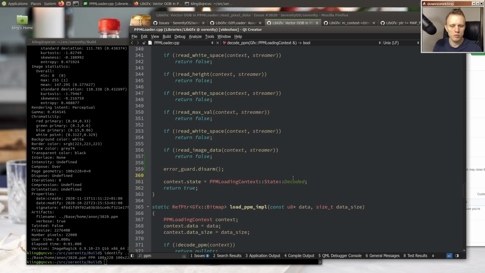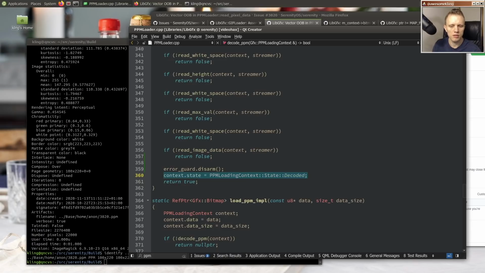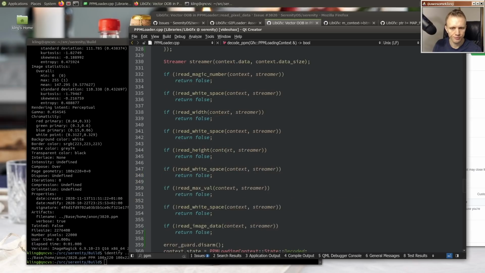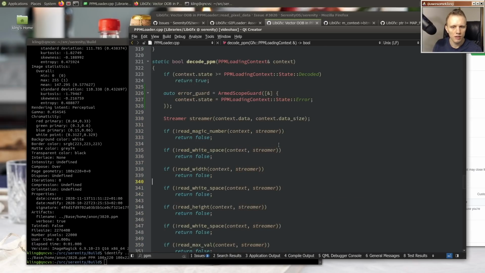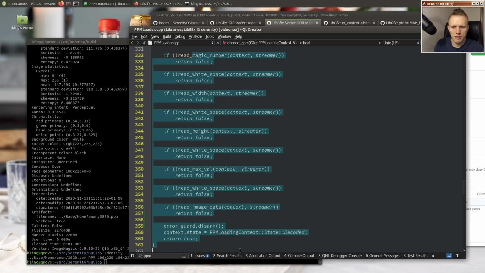Yeah, because then we'll set it to decoded instead. That seems sensible. So if any of these things fail,